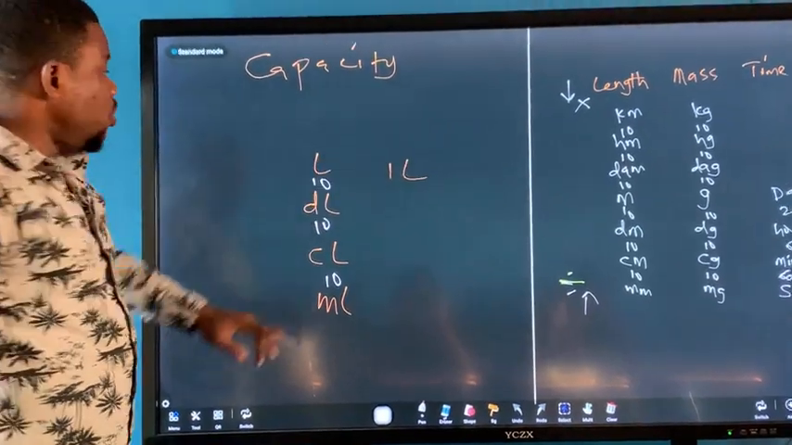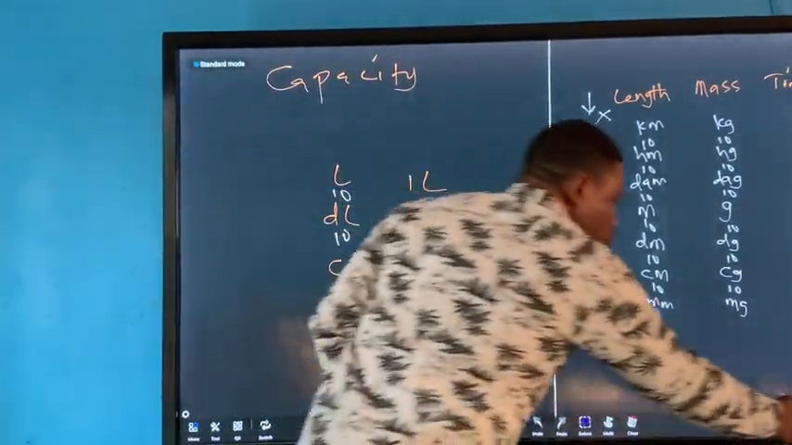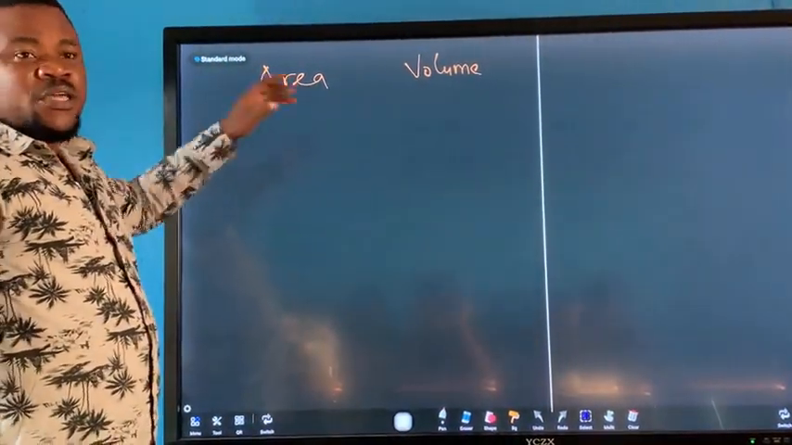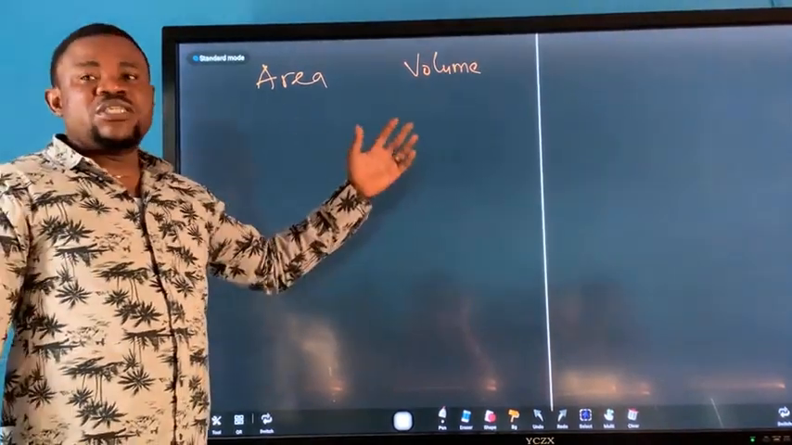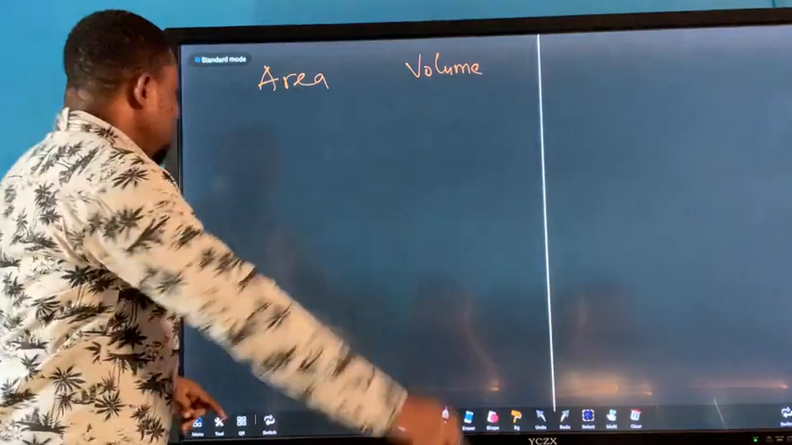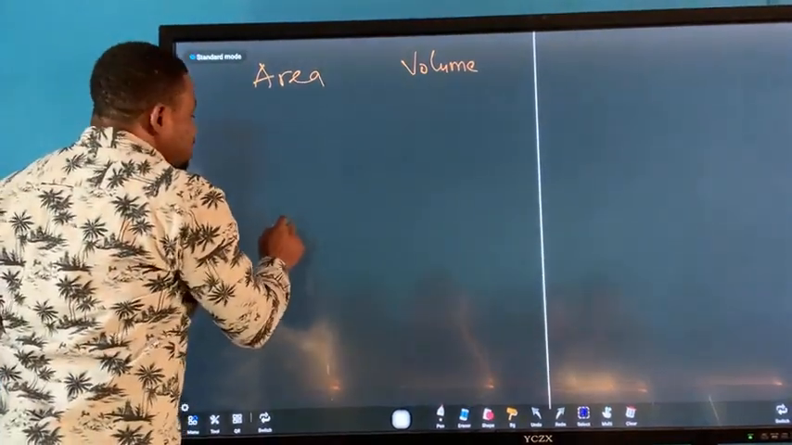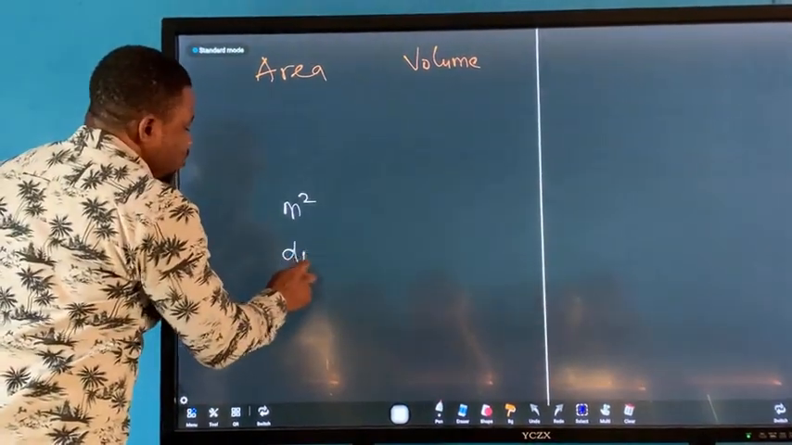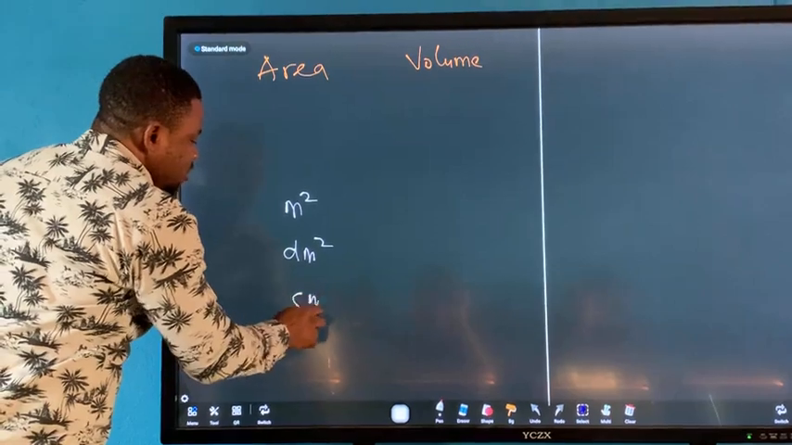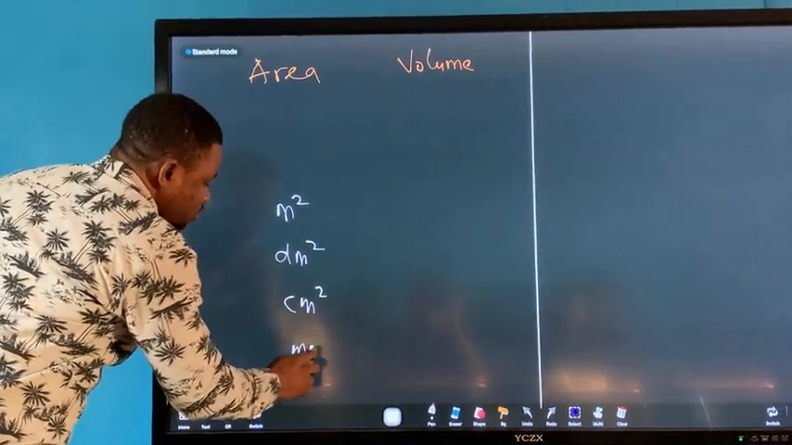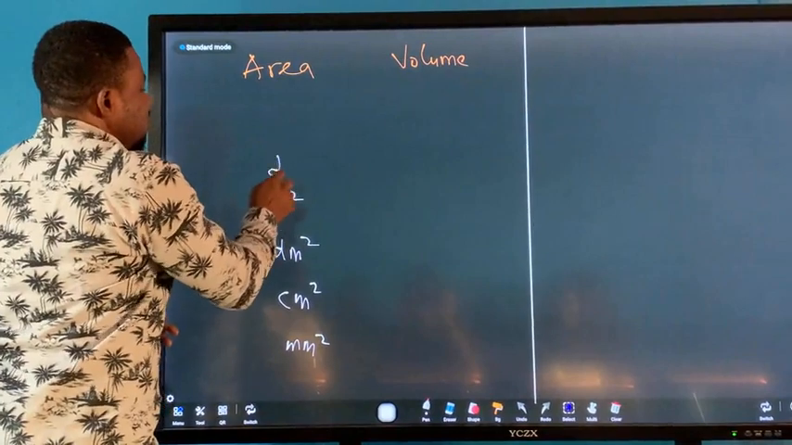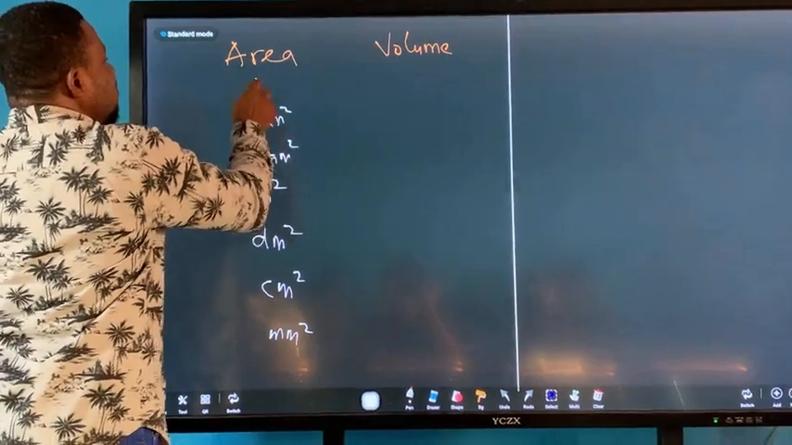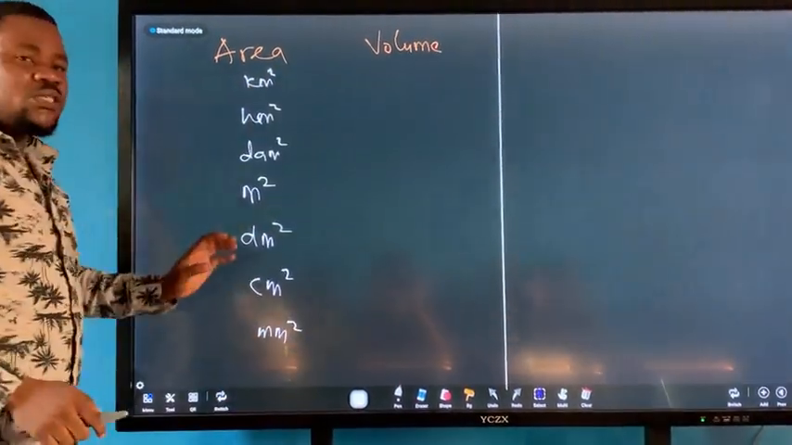Do you understand this? So I'm leaving here now to go to something a little more challenging: area. Area is two-dimensional. All we have been doing so far is one dimension. So in the case of area, I'll have meter square, then decimeter square, centimeter square, and millimeter square. Going up I'll have decameter square, hectometer square, and how about kilometers? And because it is two-dimensional,